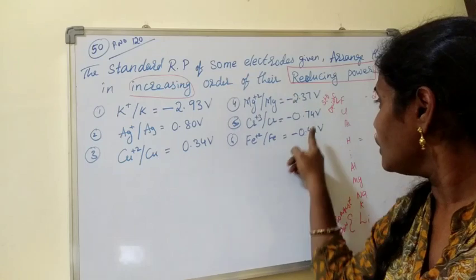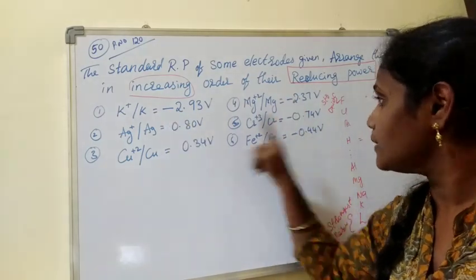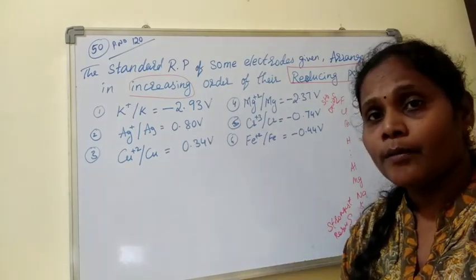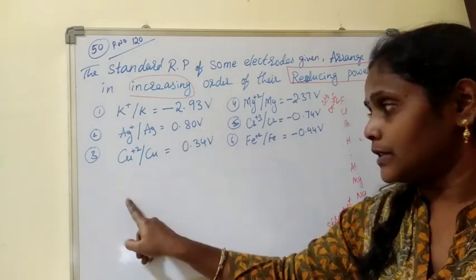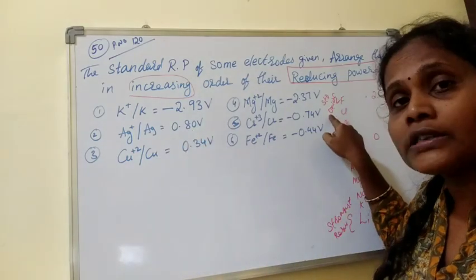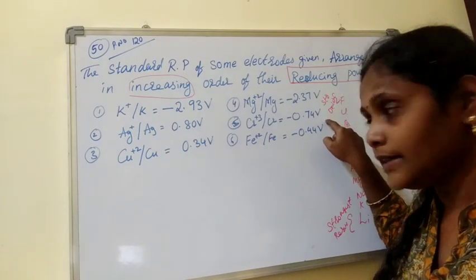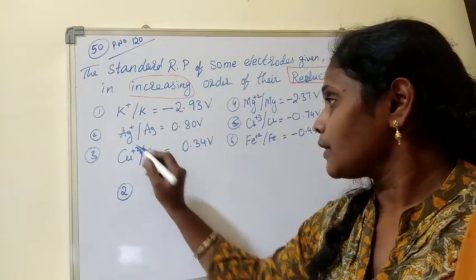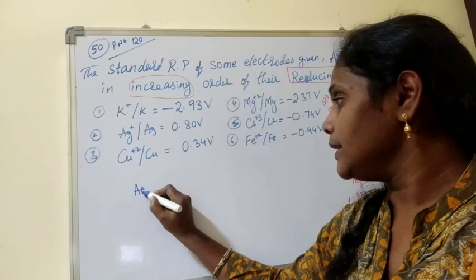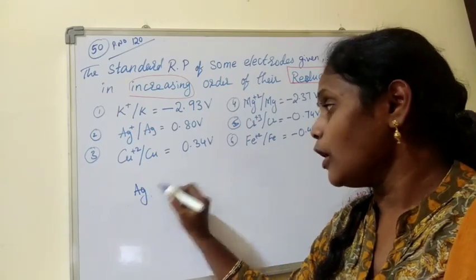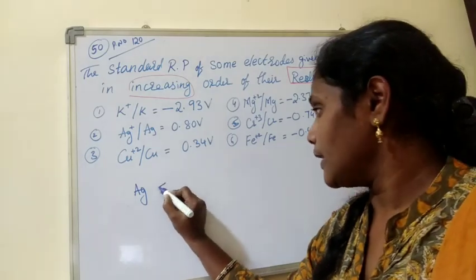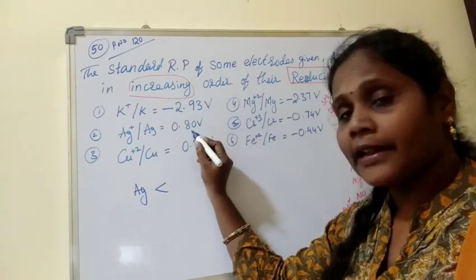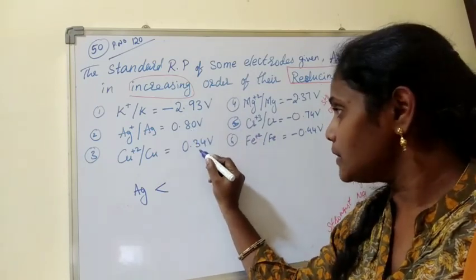For example, among all the values, if you see, this is minus, minus, minus, minus. These two are only plus. Among these two also, this is having the more value. Therefore, this comes first, because highest will have the strong oxidizing or weak reducing agent, right? So I will decide first number 2, that means silver. Silver comes the first, meaning weak reducing agent or strong oxidizing agent. Similarly, what is the next? Little lesser than this, because among these values this higher value we have picked up. Now next value comes this one, so copper.